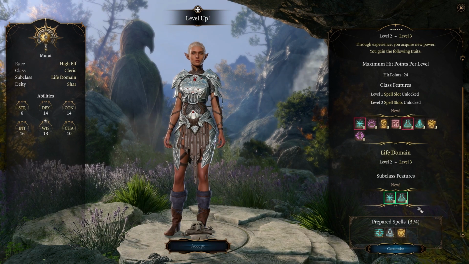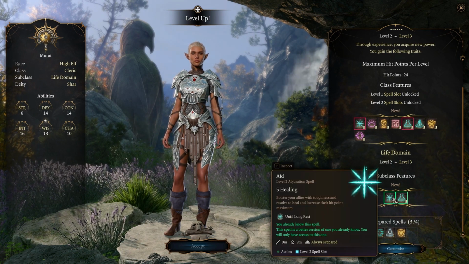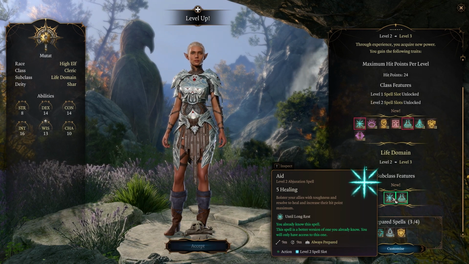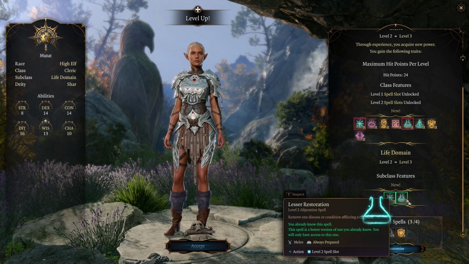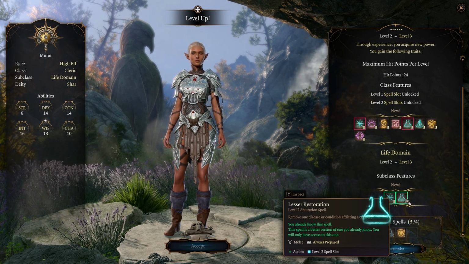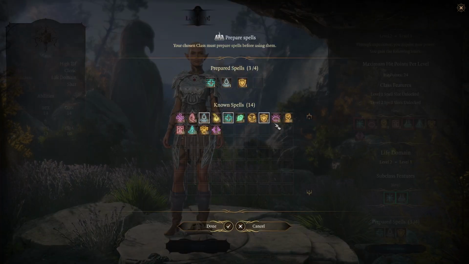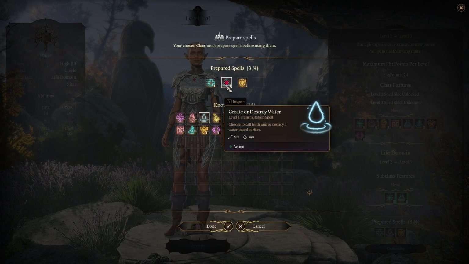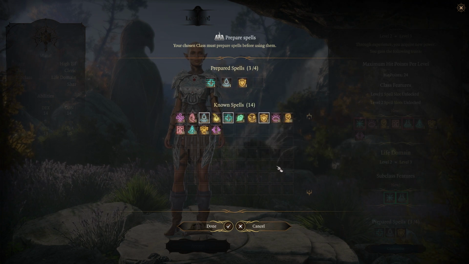Okay, let's level up for level 3. We get Aid, which is a nice +5 to our health. We get Lesser Restoration as our subclass feature spells. Those are kind of nice. For our spells, we're going to keep Healing Word, Create or Destroy Water, Shield of Faith, and then for a second level spell,